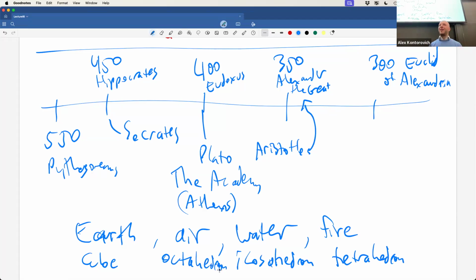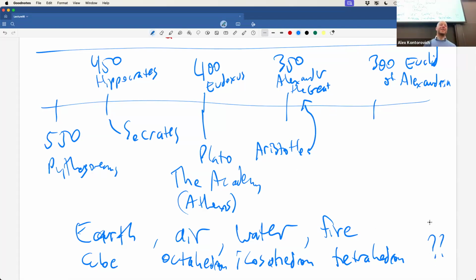And then he says, okay, job well done. Wait, there's one more. And where does it fit? So he says, oh yeah, well that dodecahedron, the gods just used that to make the heavens or something. He just sort of audibles it. I don't know what to do with this thing. And then there's one more here, and I don't know what happens to it.